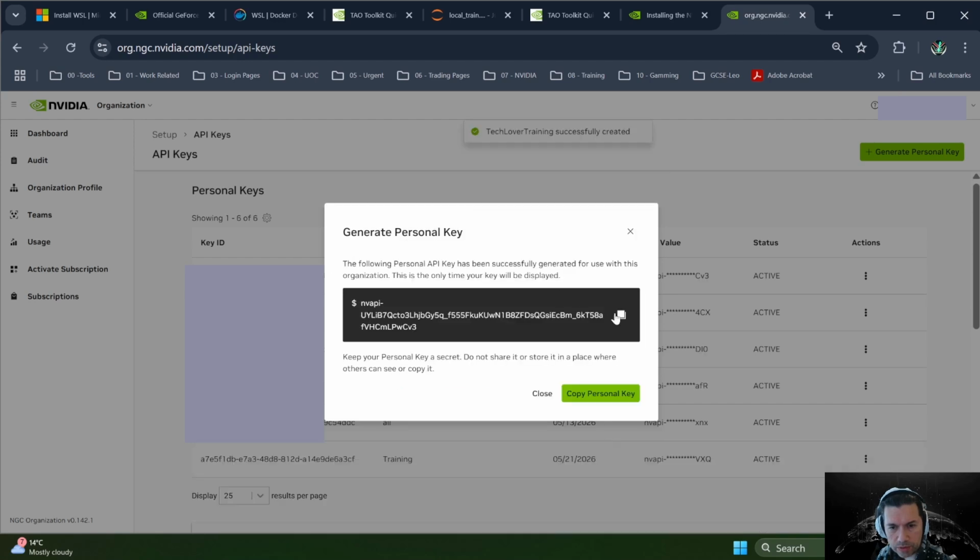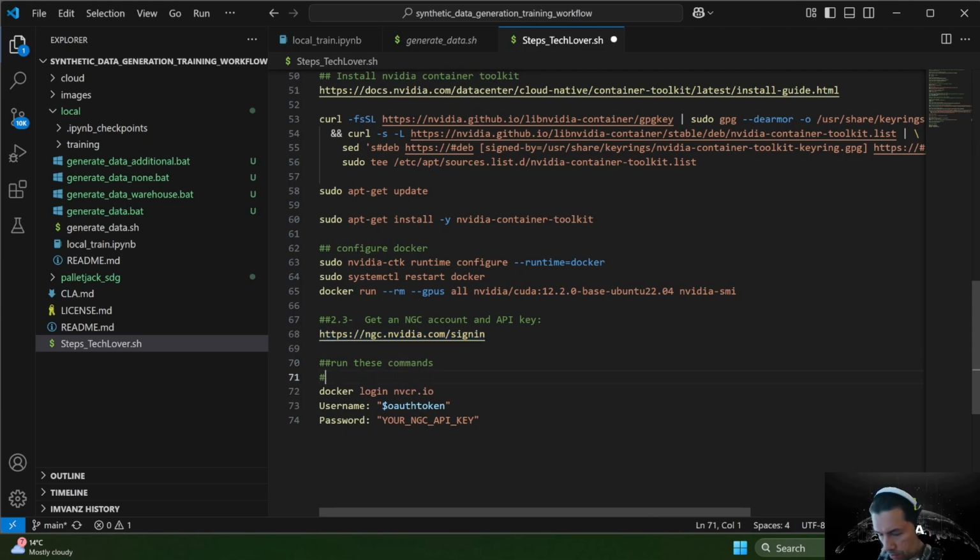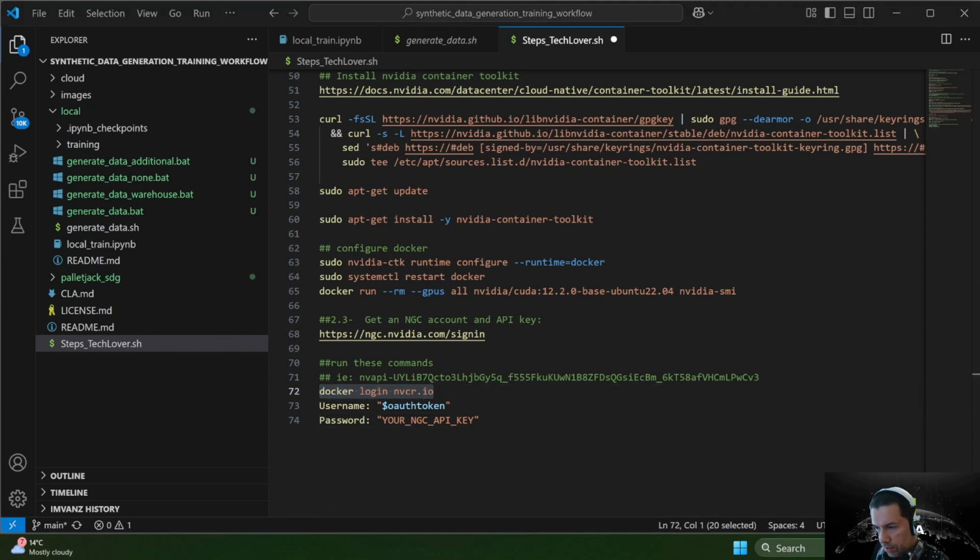Once we generate this personal key, you copy it. You need to save it because once you go out, you will lose the key. So then, once you run this command in your terminal,